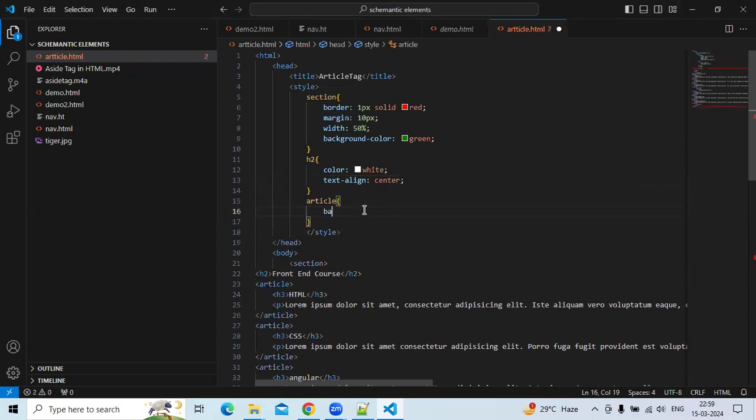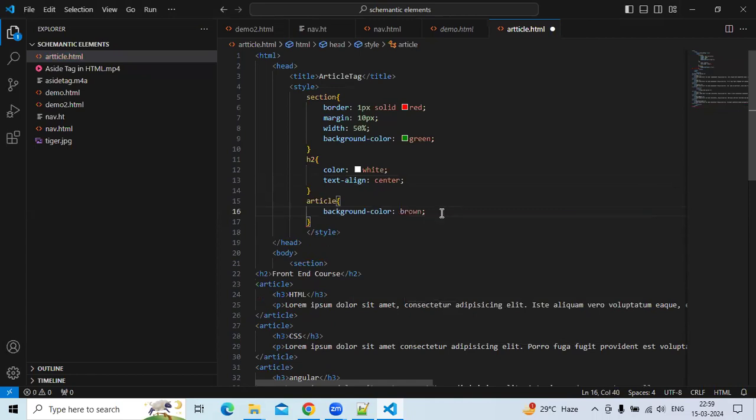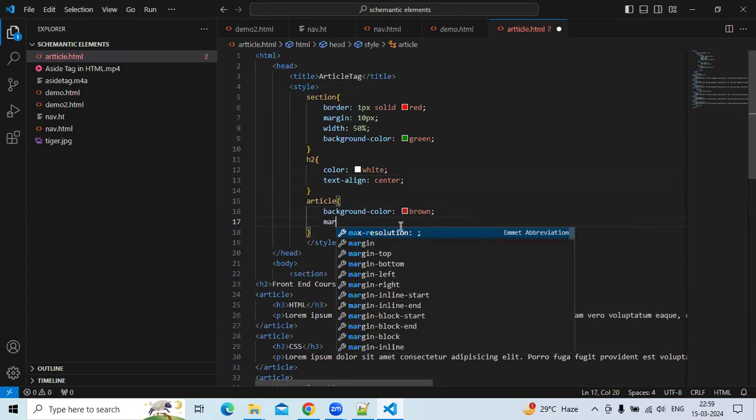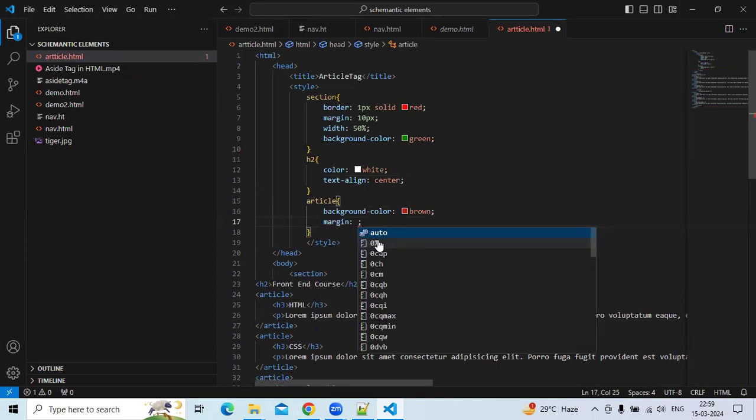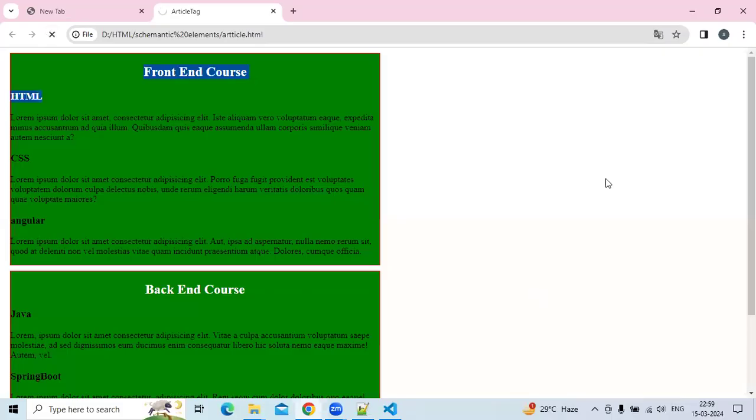See, I am taking the background color brown, and I need a gap on 4 sides, left, right, and top and bottom. So I just saved my file. We'll see the browser once. Just refresh your browser once.